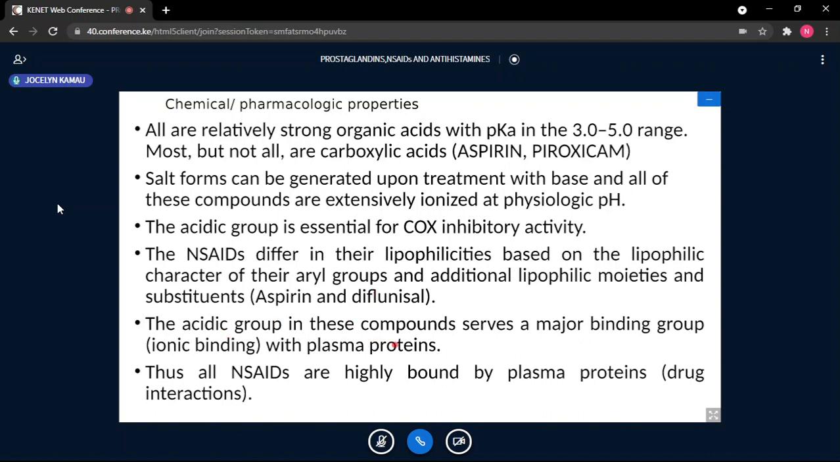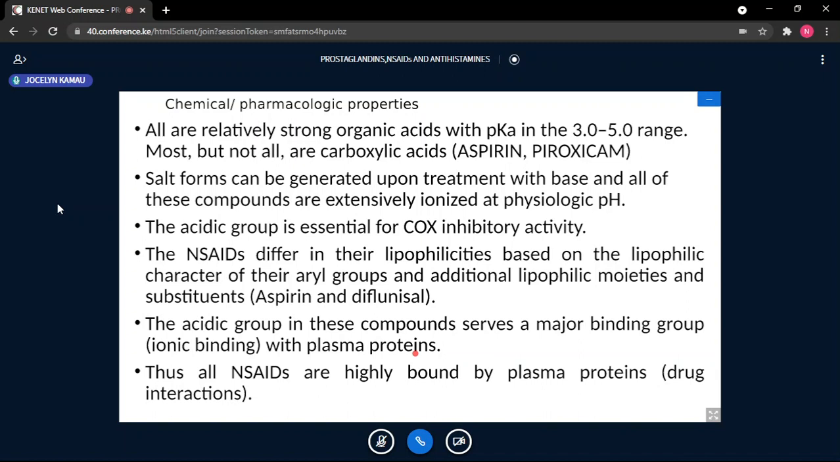The acidic group in these compounds serves as a major binding group, and we've already mentioned ionic binding with plasma proteins. Especially with salicylates, there are very many people who have allergic reactions to salicylates. This is because that acidic carboxylic group will bind with albumin, with the proteins found in the plasma, eliciting allergenicity. Thus, all non-steroidal anti-inflammatories are highly bound by plasma proteins,